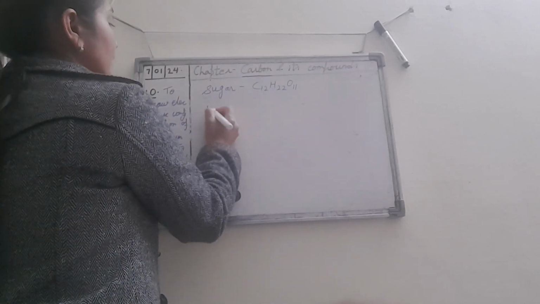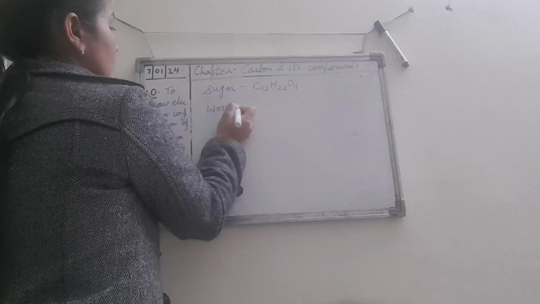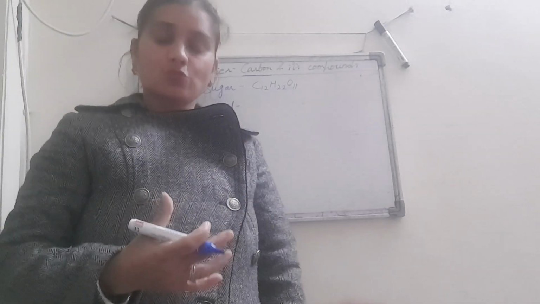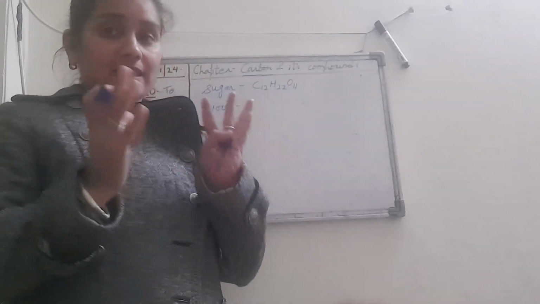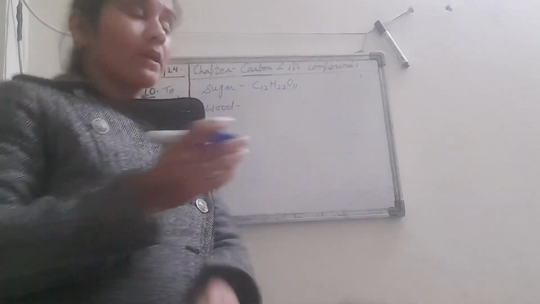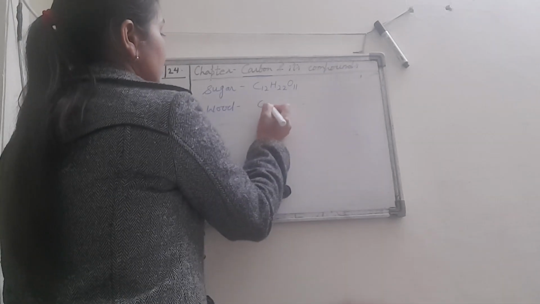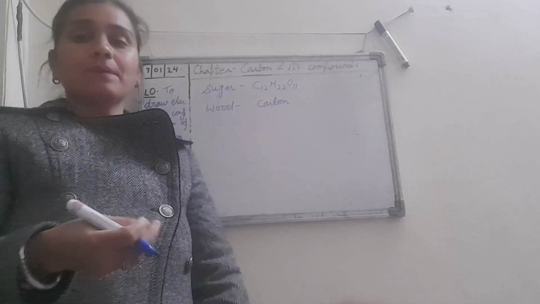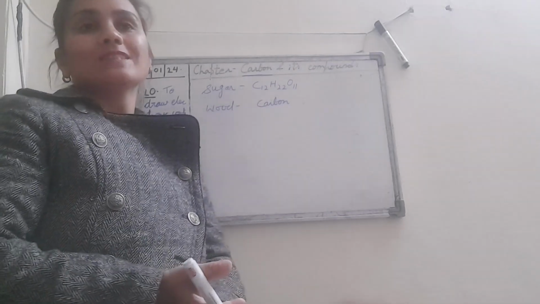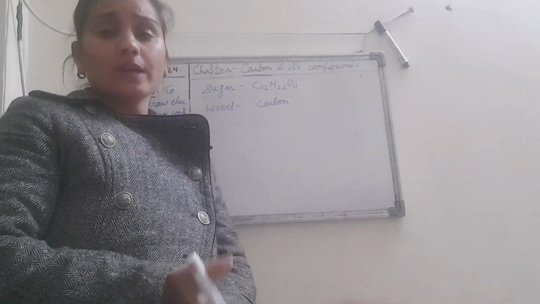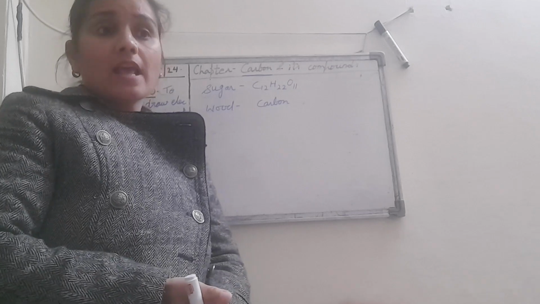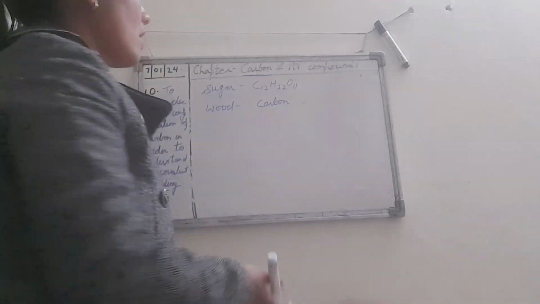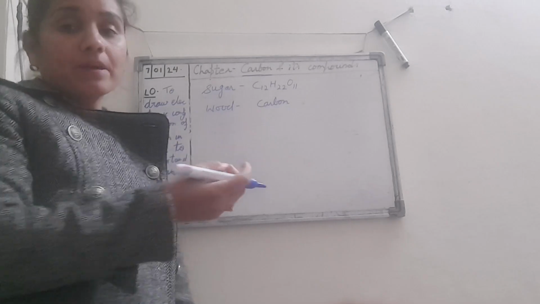Right? The wood, which is used to make the furniture, that wood is also made up of carbon. Right? Similarly, the petrol, which we use to run our vehicles as a fuel, that petrol also contains the carbon,